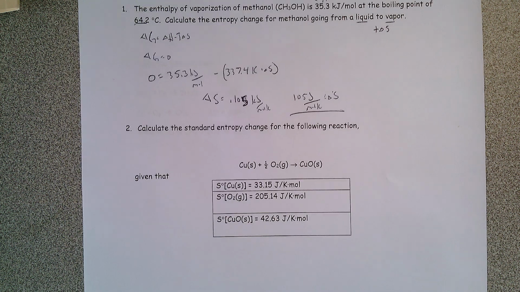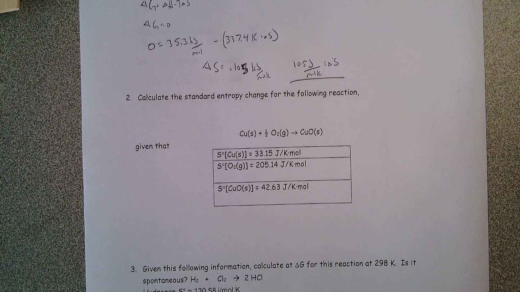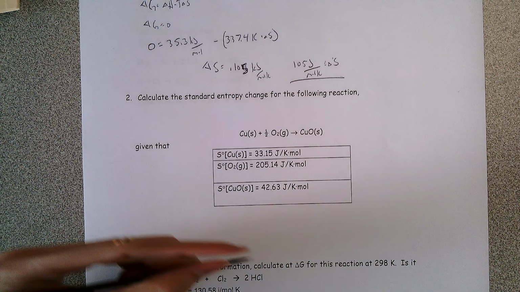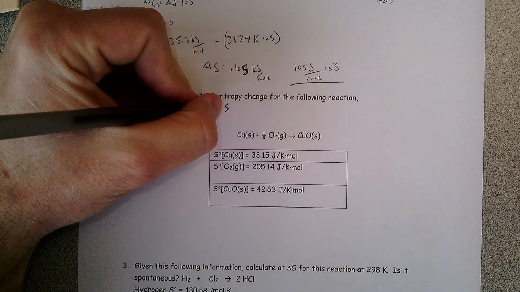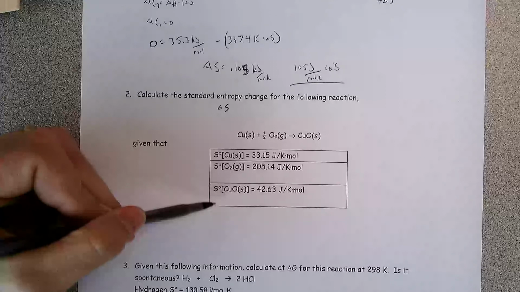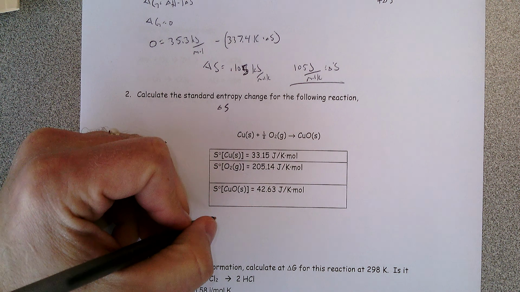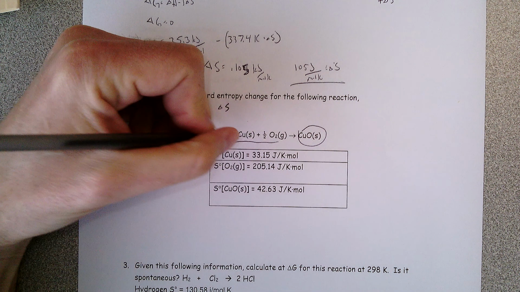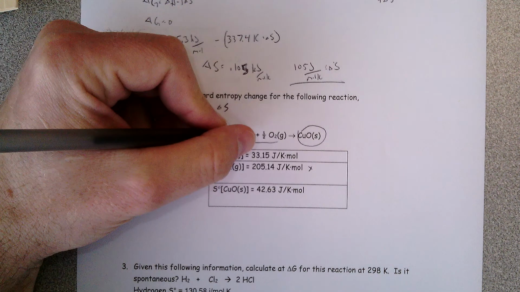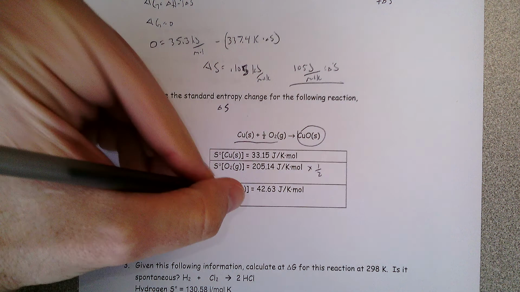It's probably one of the more challenging ones on this little test yourself quiz. Calculate the standard entropy change for the following reaction. So we want the entropy change, so delta S, and then they give me some of these. So this is just a products minus reactants sort of thing. So it's going to be delta S of the products minus delta S of the reactants. I only see one thing that I'm concerned about, and that's I'm going to have to multiply the oxygen by 1/2, right? Other than that, it's just products minus reactants.